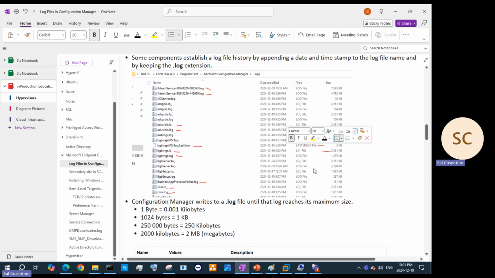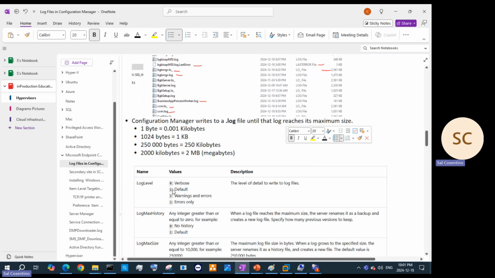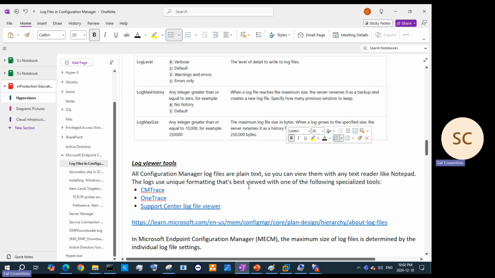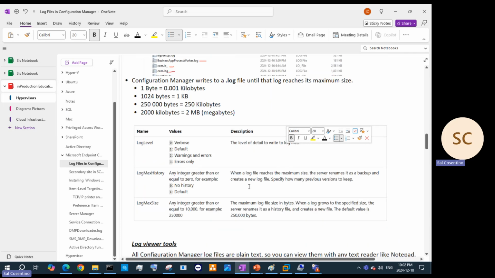So we're able to also tell it what values we want, right? As just a log file with verbose lines, with default lines, warnings and errors, and warnings and errors only, right? So we're allowed to change that level and give it that level of detail to write to the